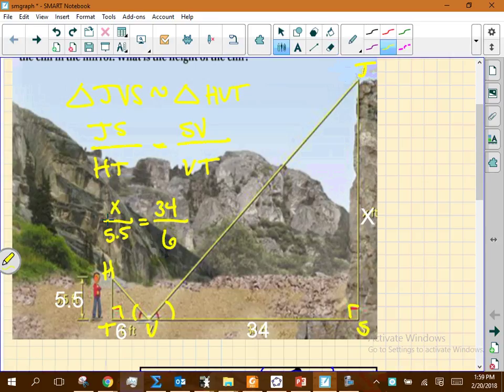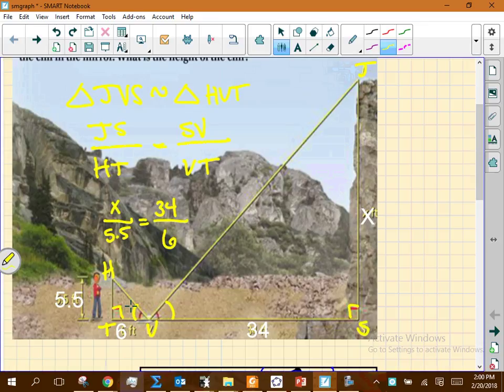Yes. Okay. The numerators came from the same triangle. They came from the big triangle. The denominators came from the small triangle. But now, using this physical property and understanding how light reflects off of mirrors, can allow us to find that height of the cliff by cross-multiplying, knowing exactly how high that cliff is without ever having to measure the cliff directly. Does that make sense?